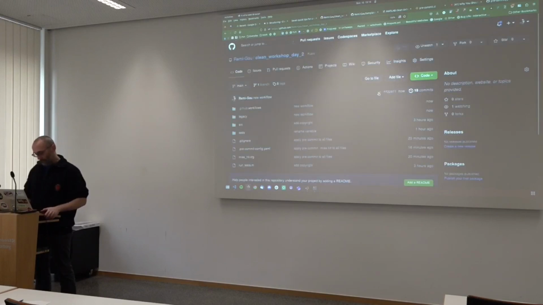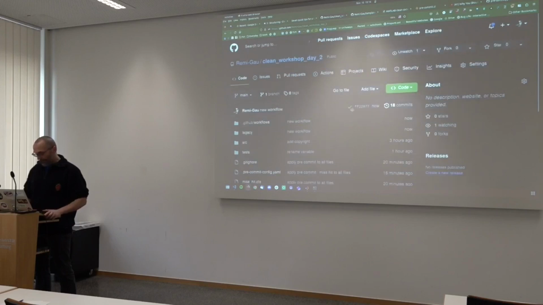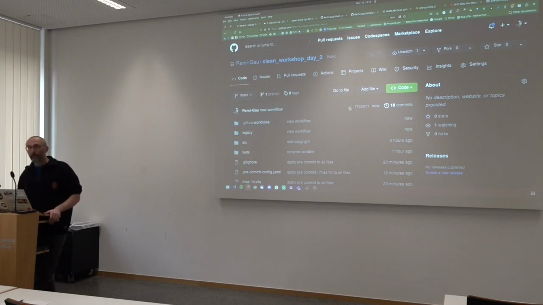Okay, no, see, oops, that was quick, but there's a green tick here that means the continuous integration has run and has not failed, right? So if you click on this, it's showing you all the different steps that ran, and why do I only have pre-commit? What am I missing?